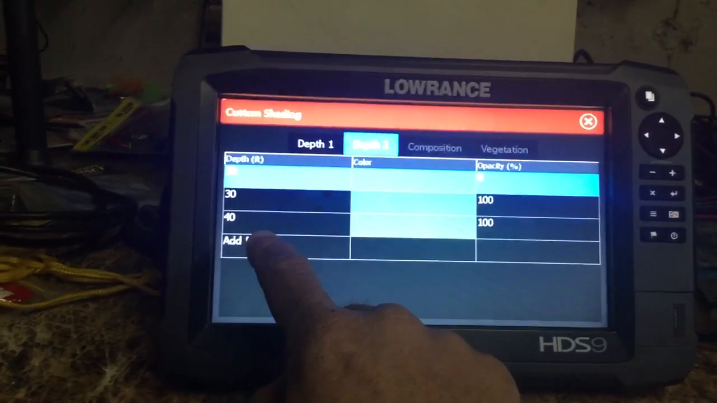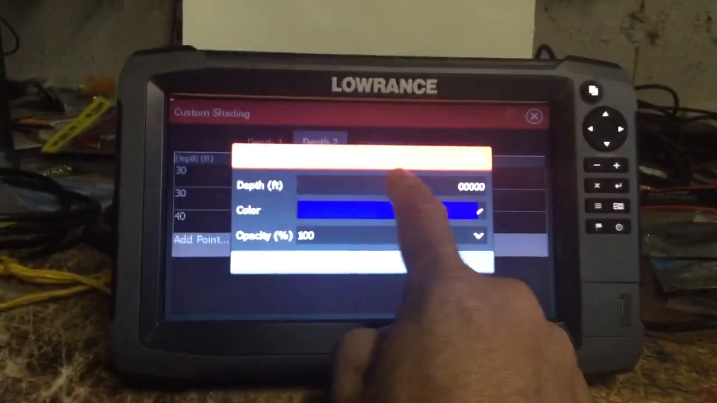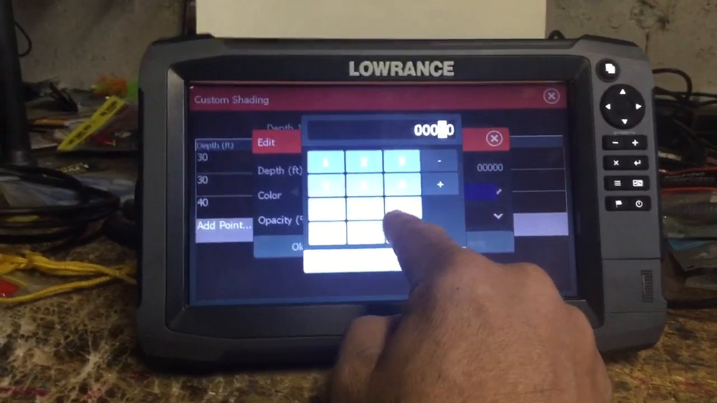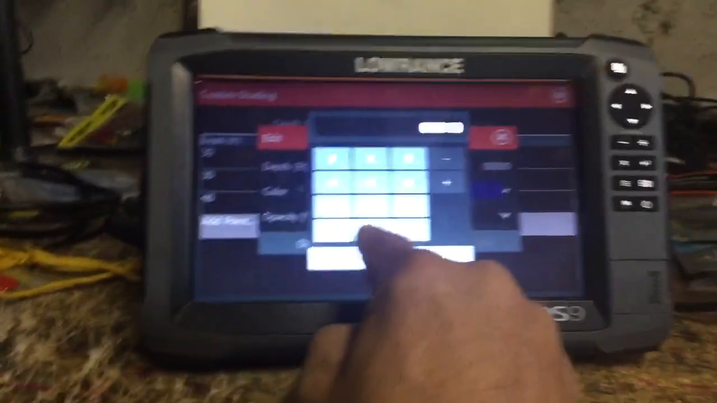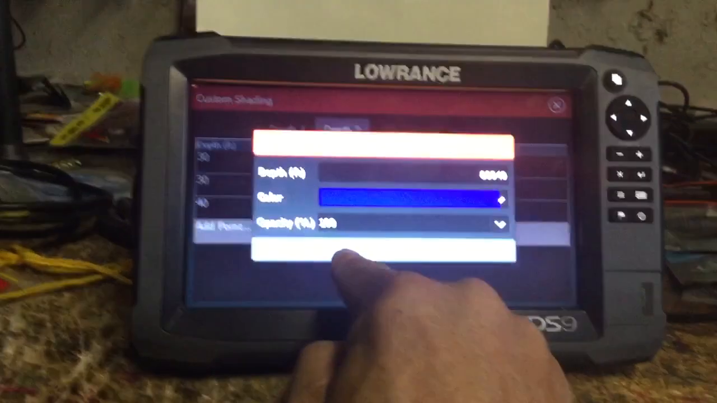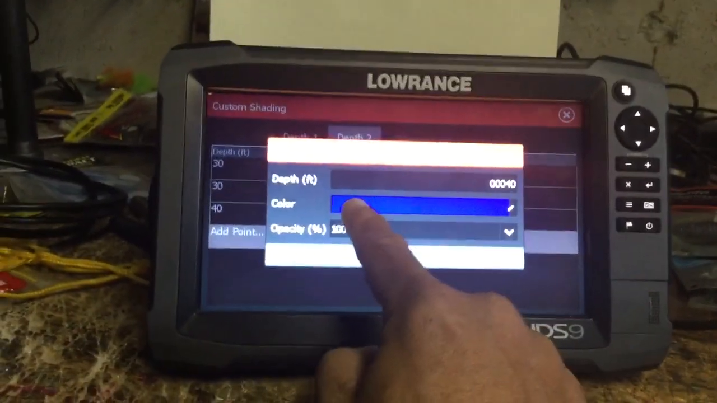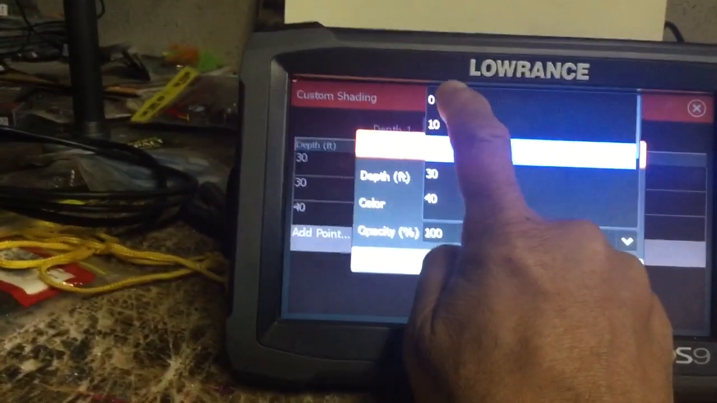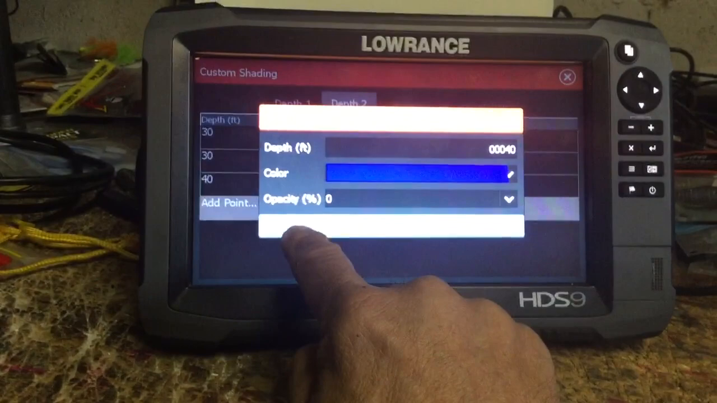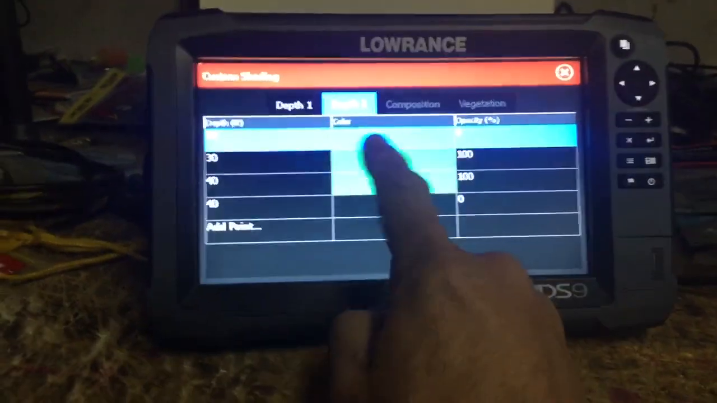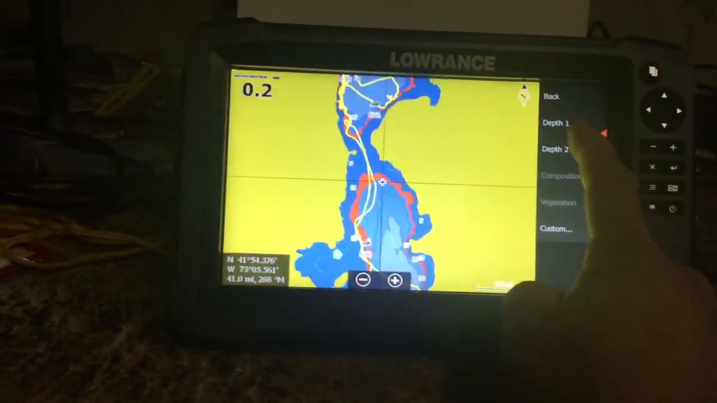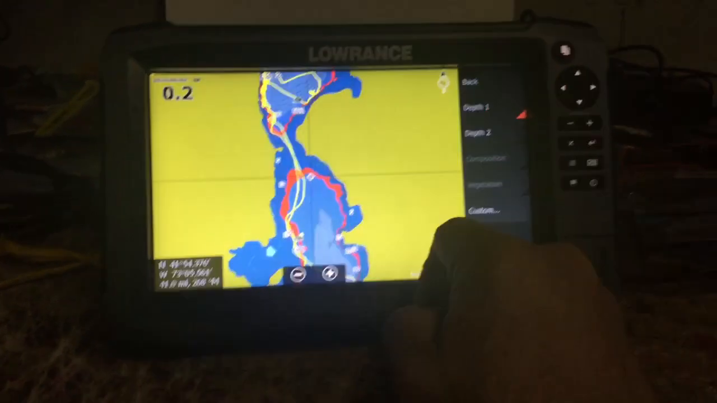All right, and then finally, anything deeper than 40, we don't want that shaded. So again, because we don't want it shaded, the color doesn't matter, but we come back here to opacity, set that to 0, say okay. Alright, so now we have two depth color palettes. So you can see I only have depth 1 turned on right now,